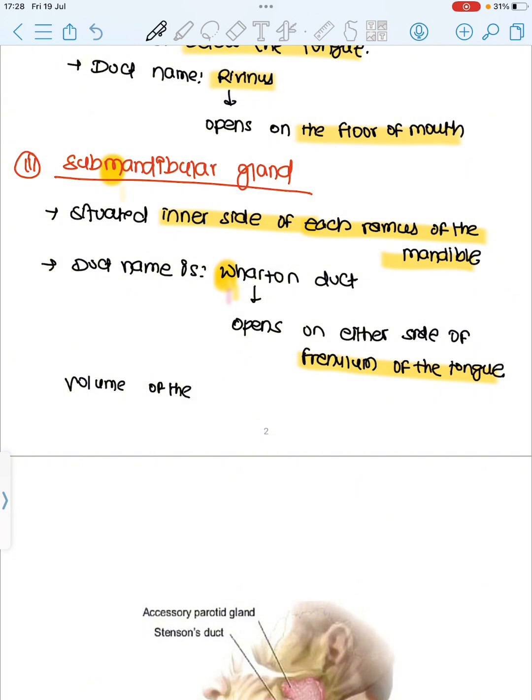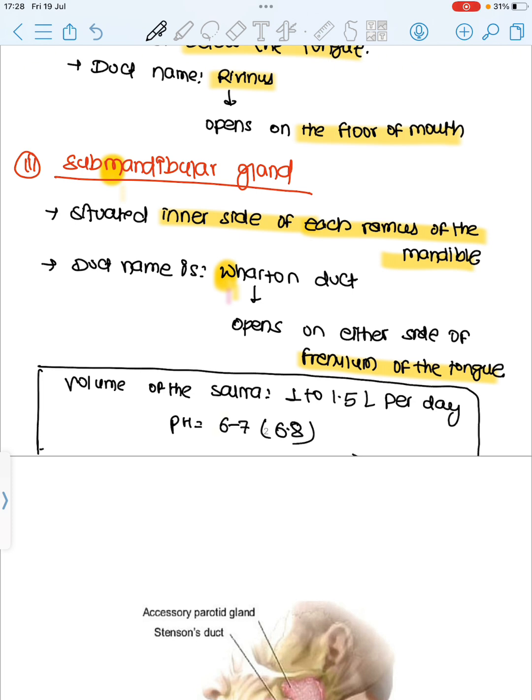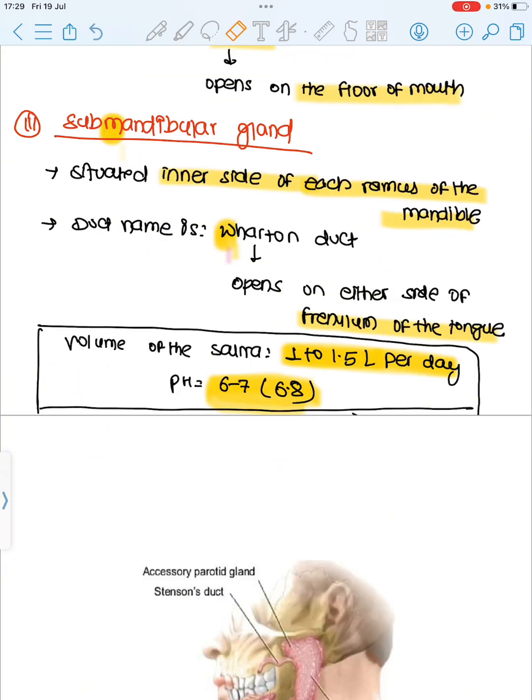The volume of saliva is about 1 to 1.5 liters per day, and the pH range is 6 to 7, basically 6.8. Why 6.8 pH? Because at this pH the enzyme ptyalin works and secretion occurs. And one main thing to be noted is